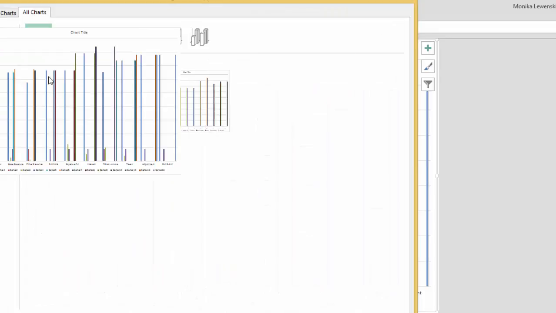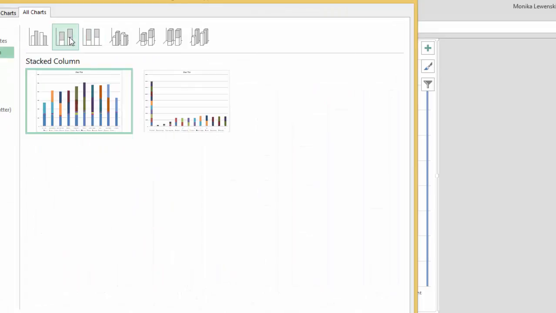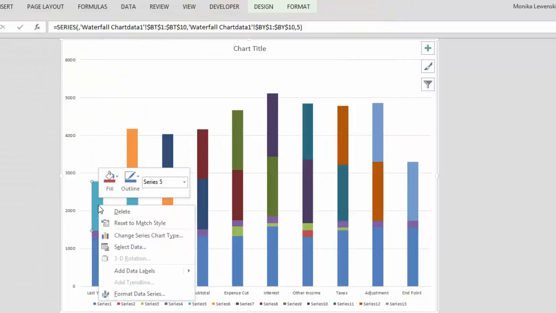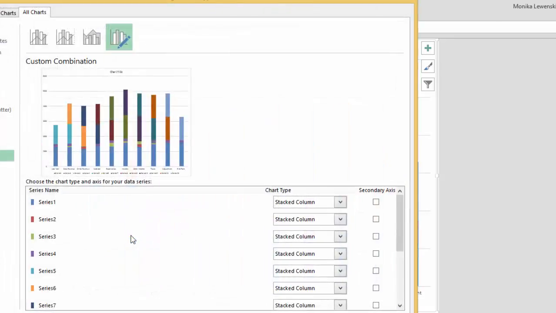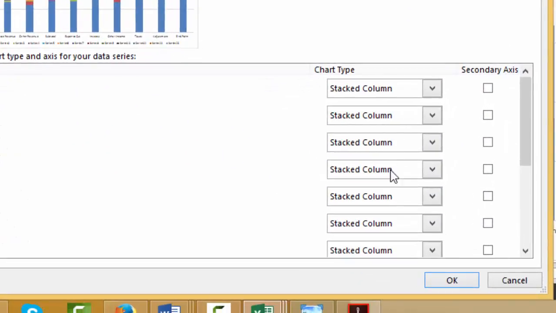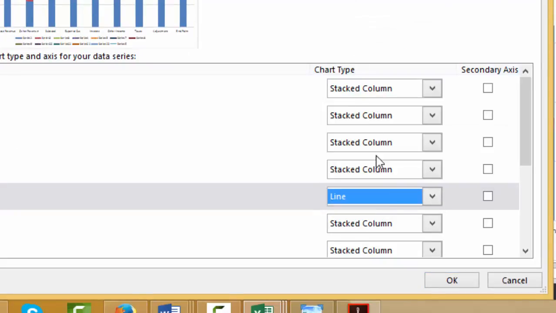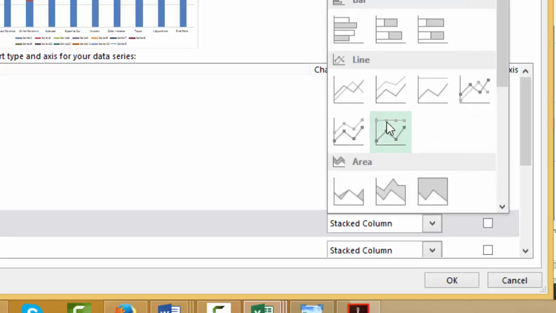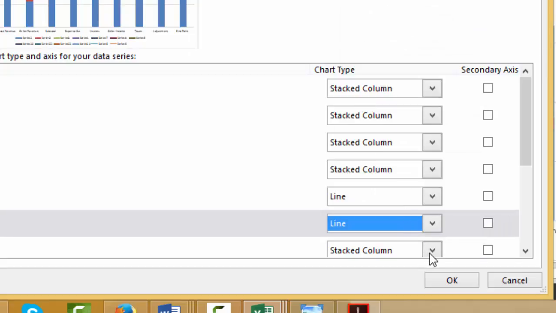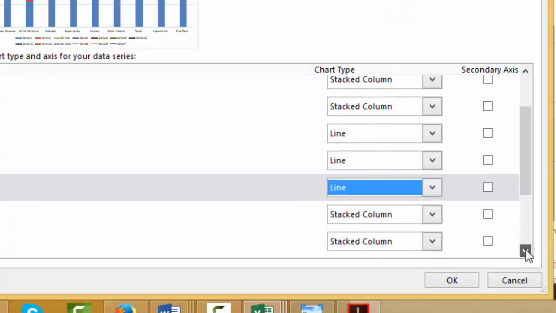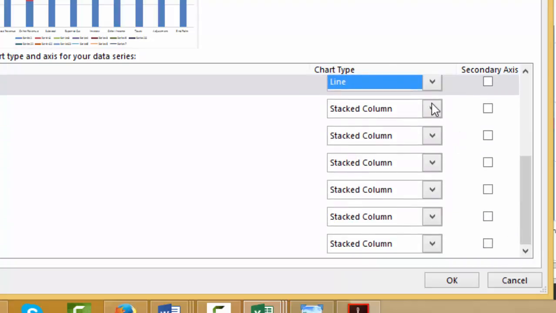We're gonna make it into a stacked bar, and then it's a little bit like this, and then we go and change the series charts, and you have 1, 2, 3, 4 stack columns, but the rest of these things are just the connector lines. So the macro just basically switches the row to the column and then makes a